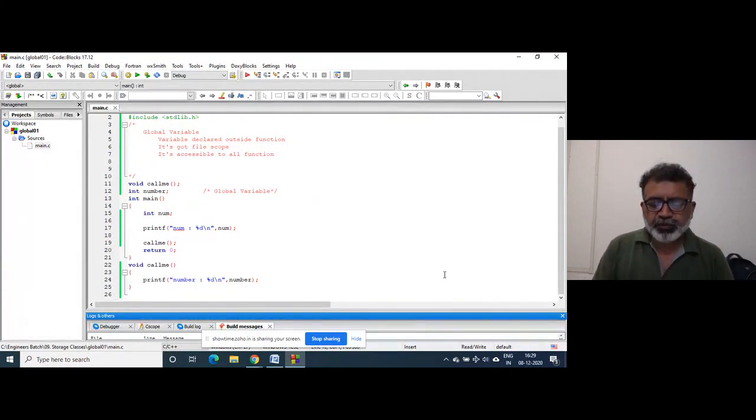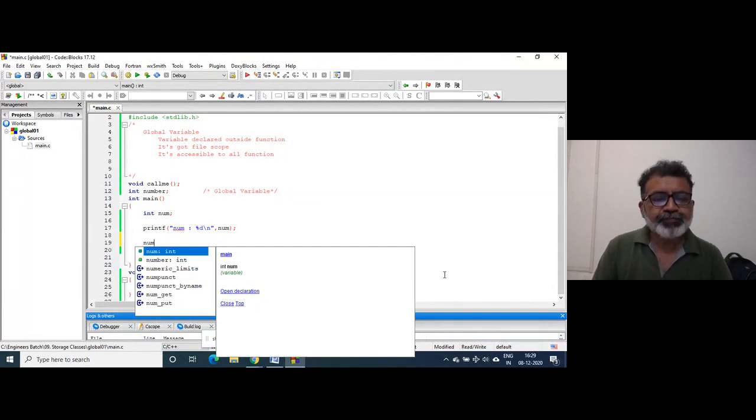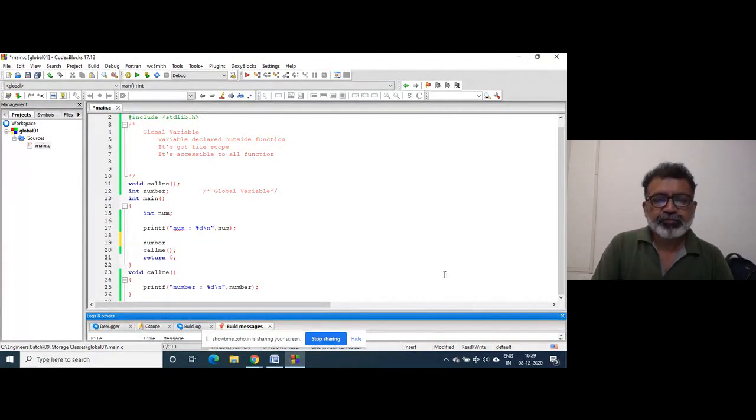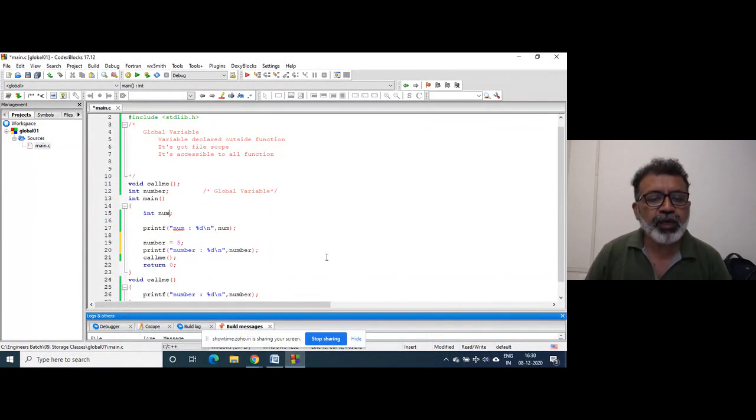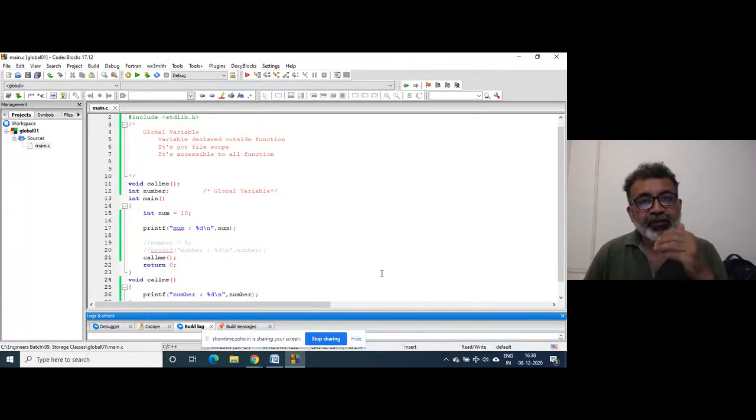Now, suppose I write here number is equal to 5 and I print here. I'll initialize this to, suppose, 10. So let's see what happens. Suppose I comment this. If I run this, the value of this number, that is at the global level, will contain 0.